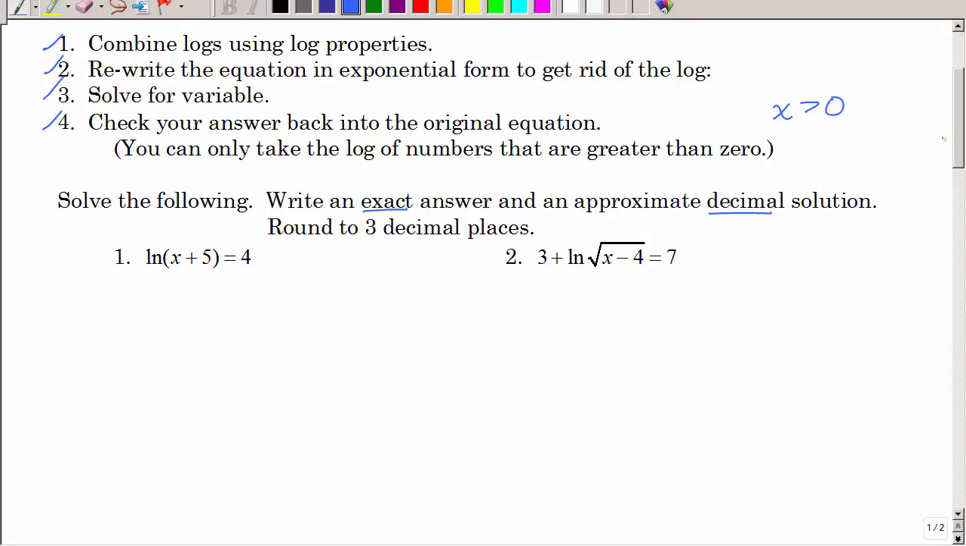Looks innocent enough. If I say combine the logs using log properties, there's really nothing to combine here. So how am I going to do step 2? How am I going to rewrite that equation in exponential form to get rid of the log? Well, you can look at it a bunch of different ways, but we're going to e